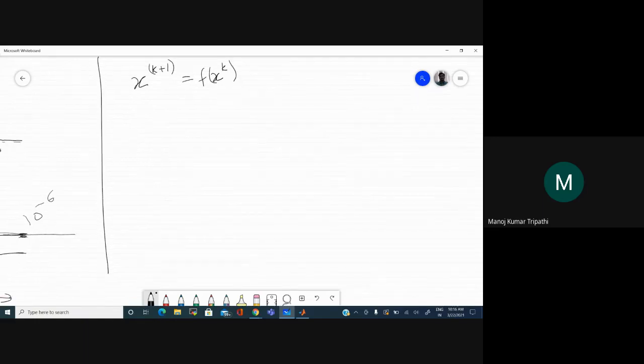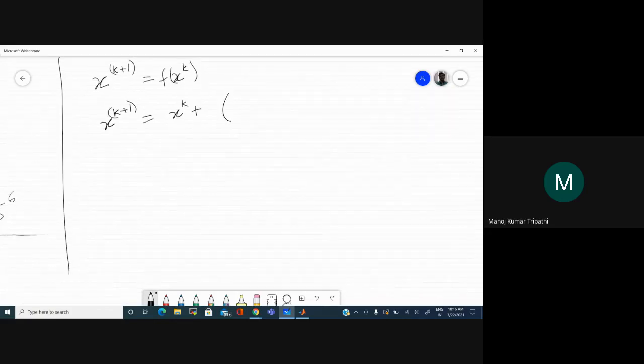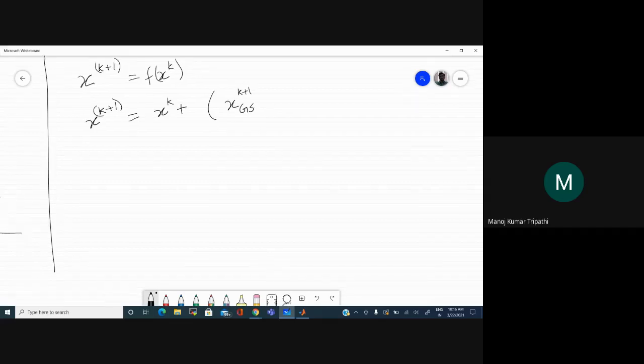Now, to find a better, faster approximation, you add something to this previous iteration solution. Let's say the solution you would have gotten from the Gauss-Seidel iteration at the k plus 1th time is x GS at k plus 1, and the difference between this and the previous iteration result is this term.